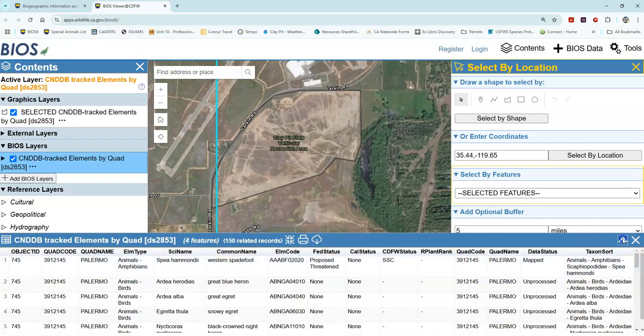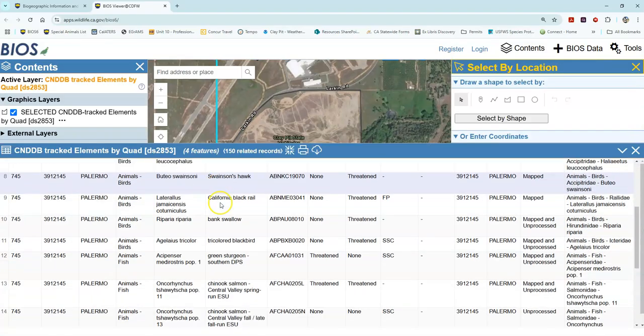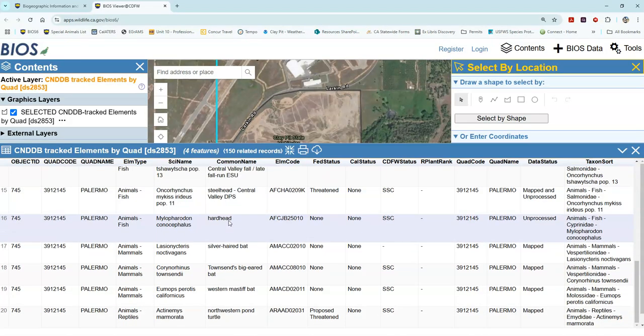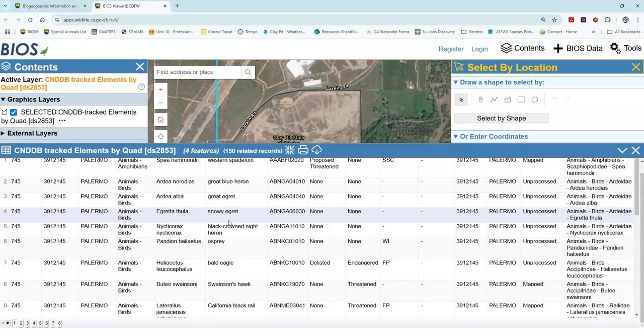And so what's nice is now that you have this table, you can get an idea of what species you need to start thinking about accounting for. Something that is of note is it does pull all the species records, so you're going to have multiples of every species that pop up